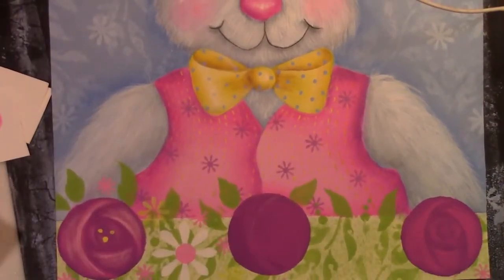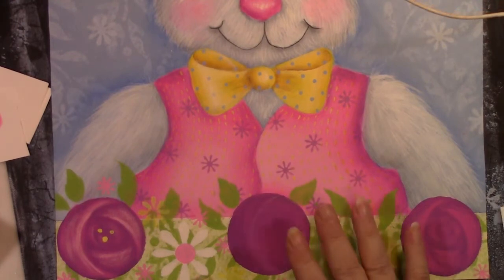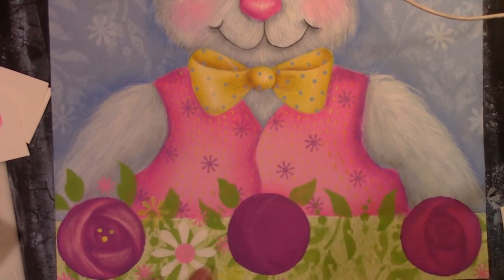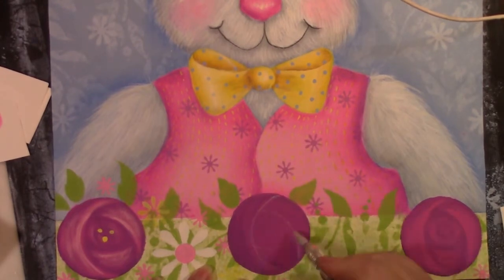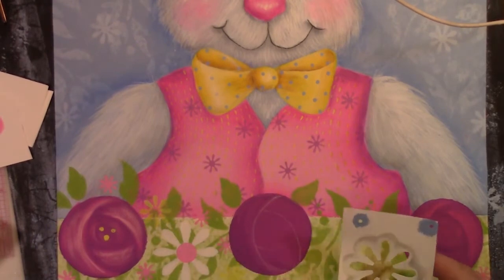Okay, we're going to work a little bit on finishing up the flowers. I did end up putting in the color for the flowers twice. And so what I've done is I've come in with my soapstone and just put in 3 curvy lines. It almost looks like an eye in here. I also have my